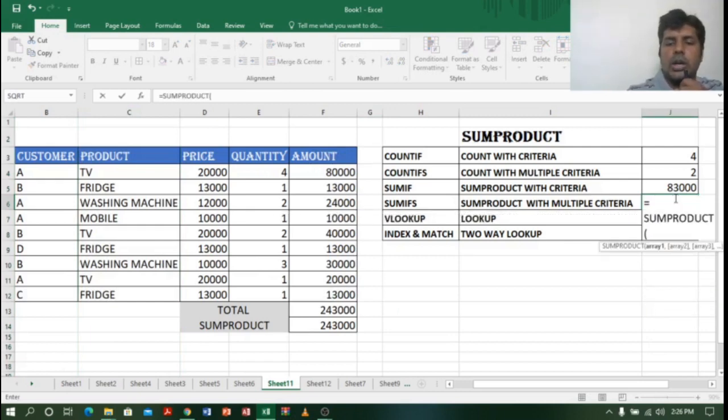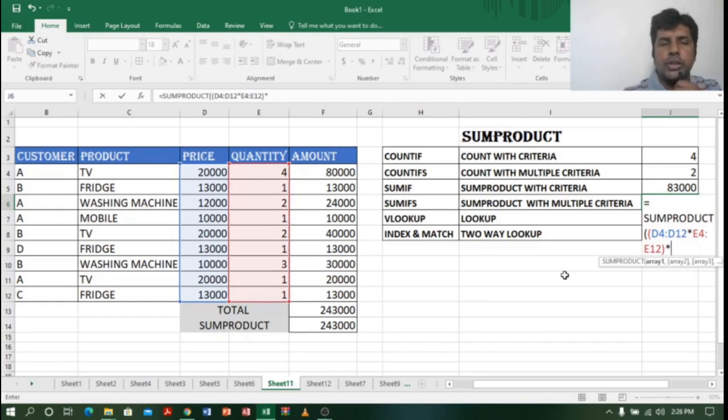Open bracket, calculate the total sum, which is price into quantity, close the bracket. Now into first criteria. What is the first criteria? Customer A, right? So I will select the whole customer column.